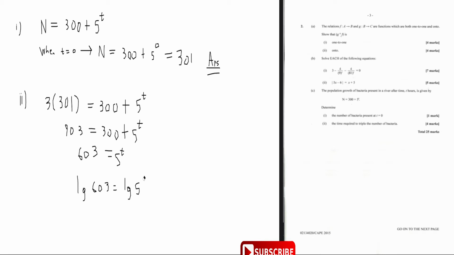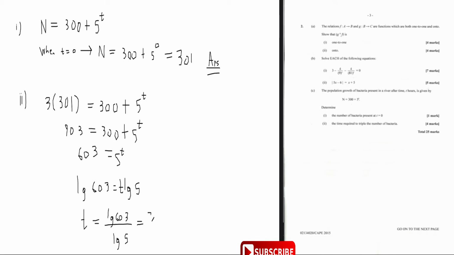So let's write it as t log 5, and so t is going to be equal to the log of 603 divided by the log of 5. That's how we find t. You put this in a calculator to work out the log of 603 divided by the log of 5, and I'm getting